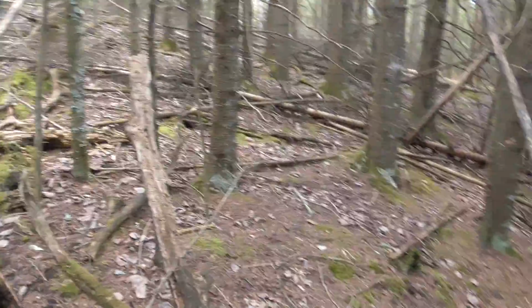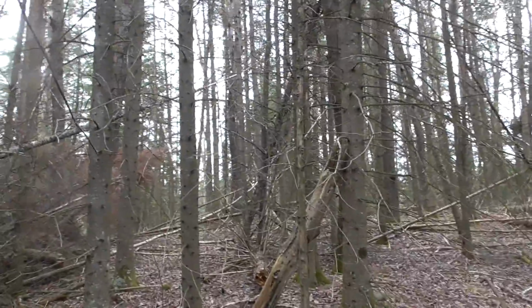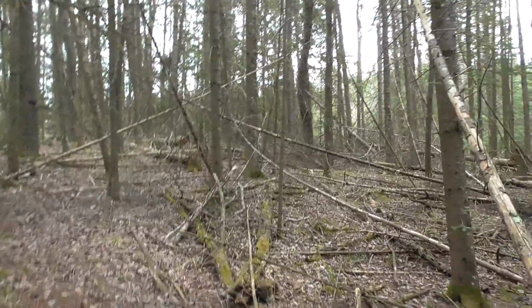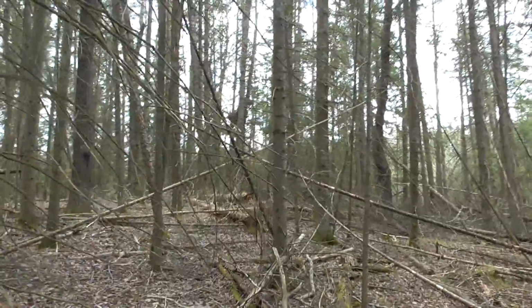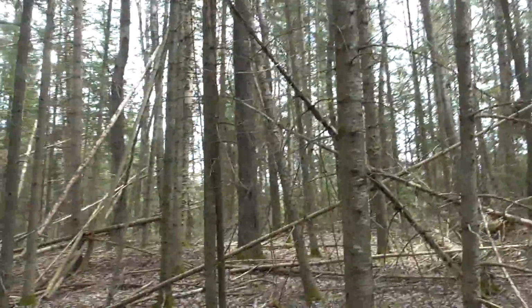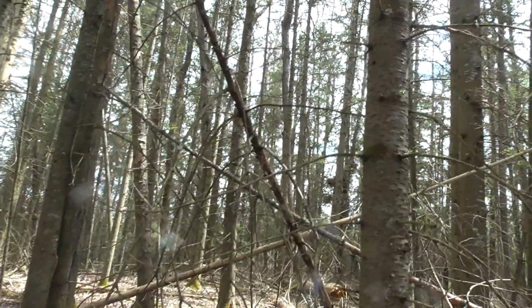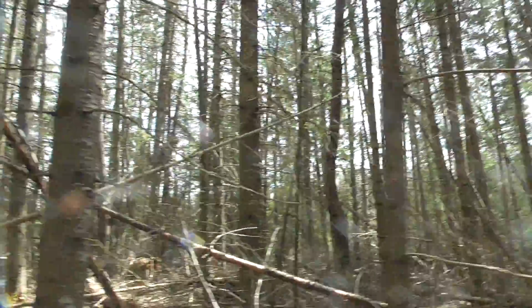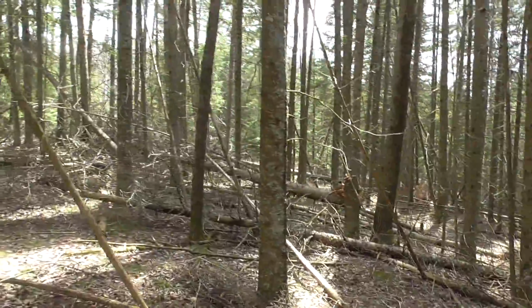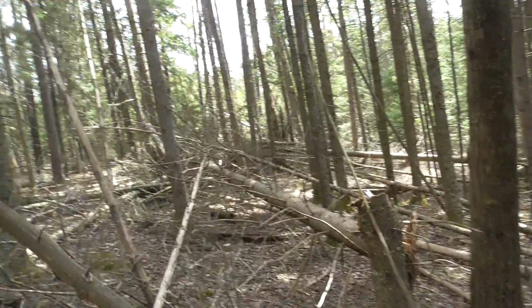And I'm guessing that you can't really catch the wonder of this place by video, but it's the best I can do. And these are just all over the place. Tree leans. I do look for tracks, but I haven't been able to find really any tracks or indentations. To me, this is an X here too, an asterisk. And all over around here are scattered, well, it's mostly tree leans, and